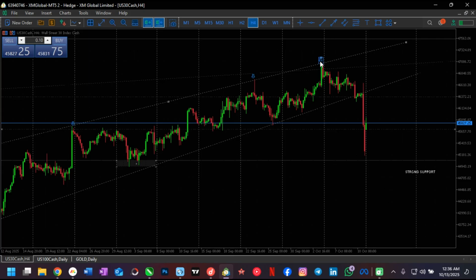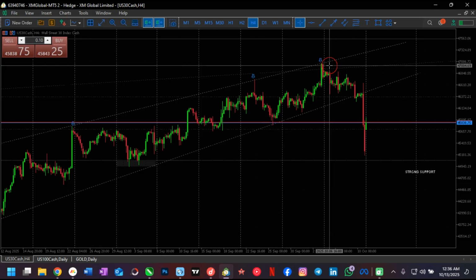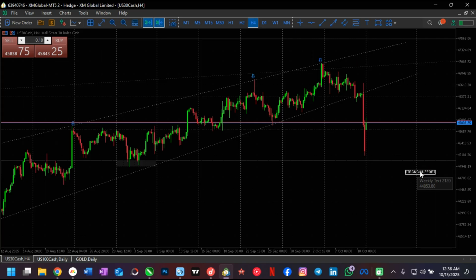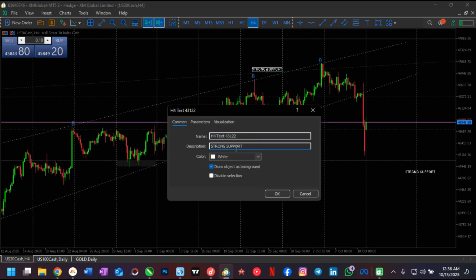Because the end of the last week of September was an upward moving week. The market was trending to the upside, and of course that was a week full of buys. Literally from that rejection over there, the market fell, and that same rejection marks a strong resistance level based on that trend line that we drew on the weekly. So that tells us that